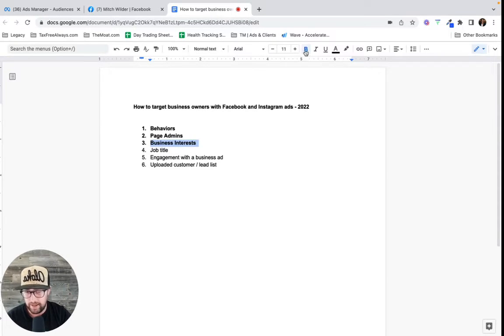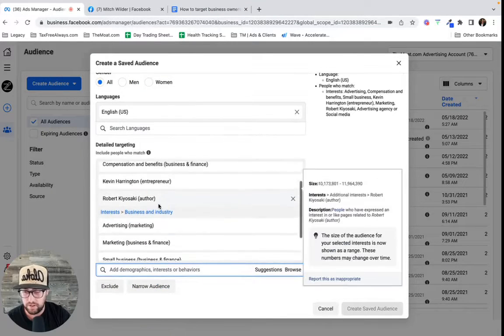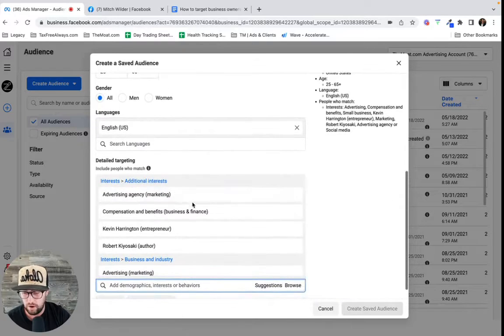That's one that's going to take you a little bit more time, and there's some very specific ways that you want to use that. But so far we've got 3 of our 6. Now the next one's one of my favorites. You're going to tend to have smaller audiences here. Again, some different advertising strategies that I use with this, but that's job title. And when we're searching for job title, it's very similar to the way that we do our detailed targeting.